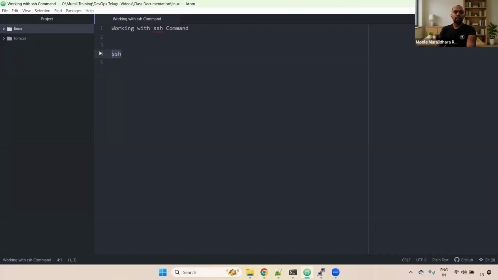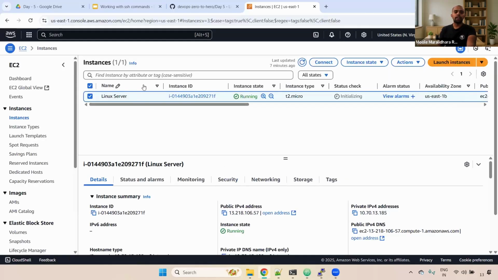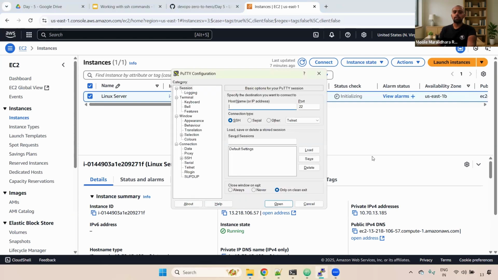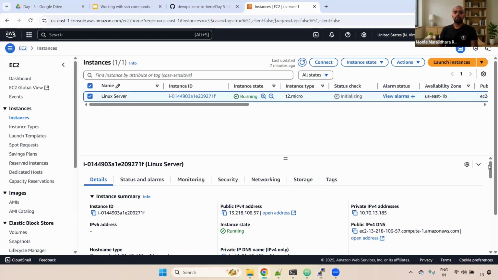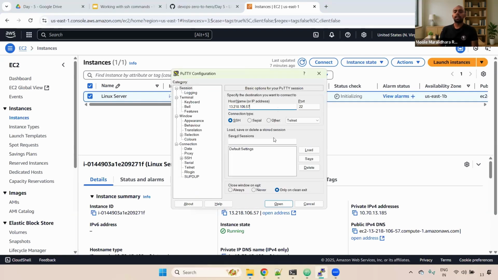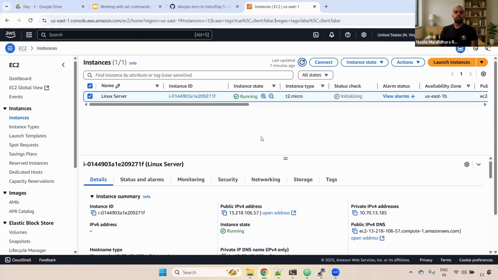Before going to use the SSH command, first we can understand. Usually, if we have any Linux server, we connect using PuTTY. I give either the public IP or private IP, and then I try to connect. I have uploaded a PPK file, and we can connect to the server using PuTTY. Okay, we also have an alternative. So using the SSH command also we can connect to the server. So now we can see that. So for that,